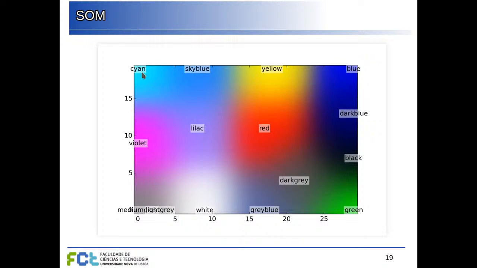And we have a neuron here that was very close to cyan. Others here are close to sky blue, yellow, red, dark gray, and so on. So you can see that this matrix of neurons, which has two dimensions in this topology here that we are represented, each one of these corresponds to one point in the 3-dimensional space of colors that now we are mapping into 2 dimensions. So self-organizing map allows us to do this, map from a higher number of dimensions into 2